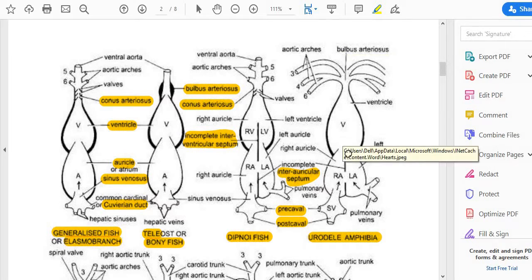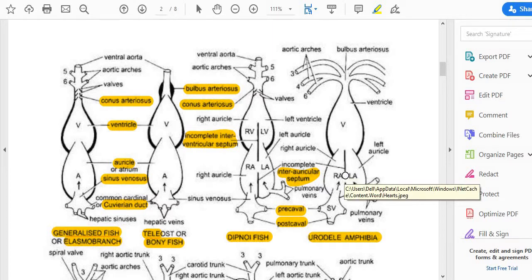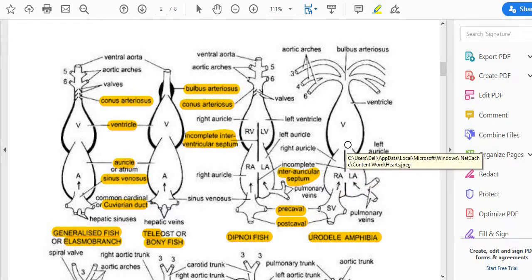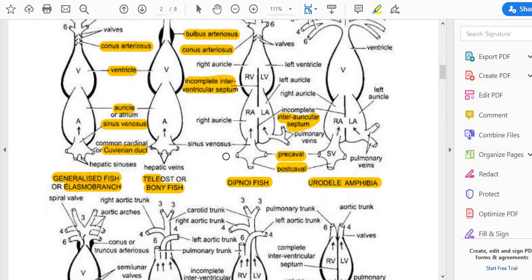So here also there is mixing of blood. In case of auricles also, as they are incompletely compartmentalized, the blood is mixed, and in the ventricle, as there is no septum formation, the blood obviously gets mixed. But we can find double circulation here, because the blood flows twice through the heart, that is deoxygenated blood flows as well as oxygenated blood flows. These three hearts which I explained are just for knowledge purposes, but you remember the heart of shark as per the syllabus.